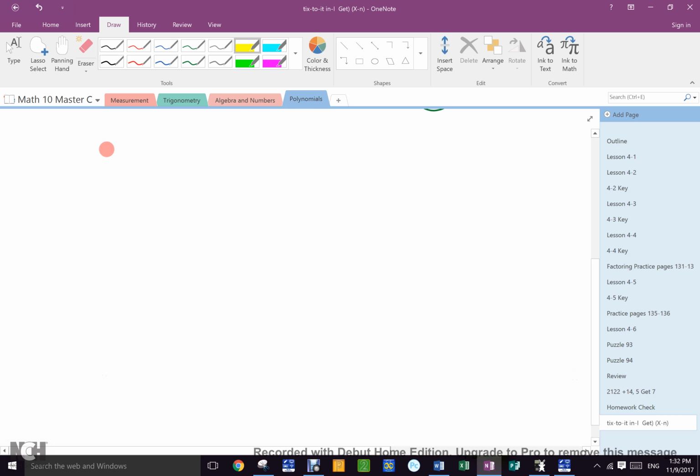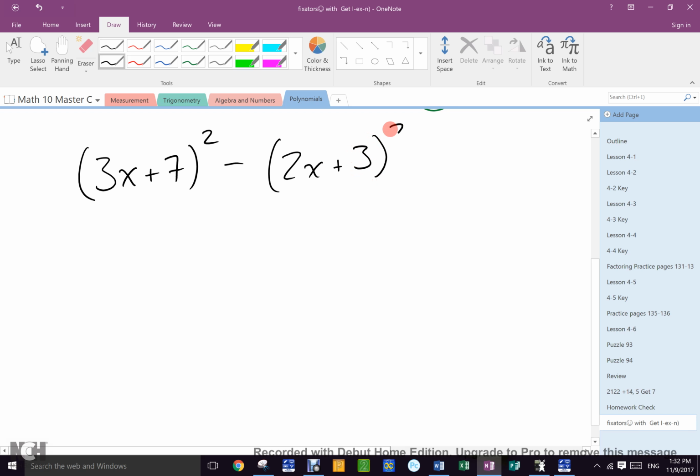Let's go with (3x + 7) squared minus (2x + 3) squared. It's up to you. If you feel you need to write it down somewhere where you have some space. If you just want to watch and make sure you're thinking right, then just watch and make sure you're thinking right, because it is recording. Okay? So,